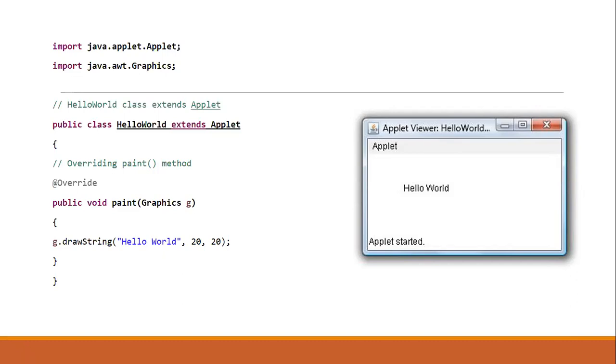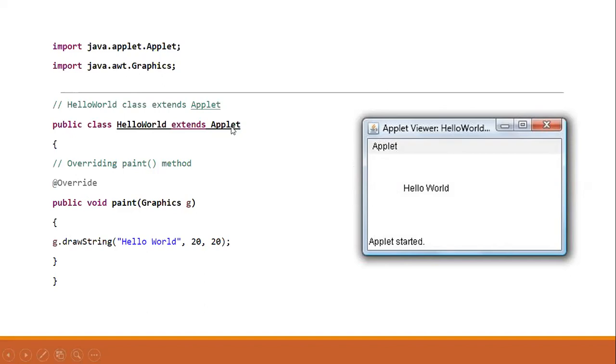This drawString method is available in Graphics, so we need to call it with the g object. The parameters are, first, the string which you want to display, and the second and third are the x and y position inside the applet where you want to display it. So this is a very simple hello world program using an applet.